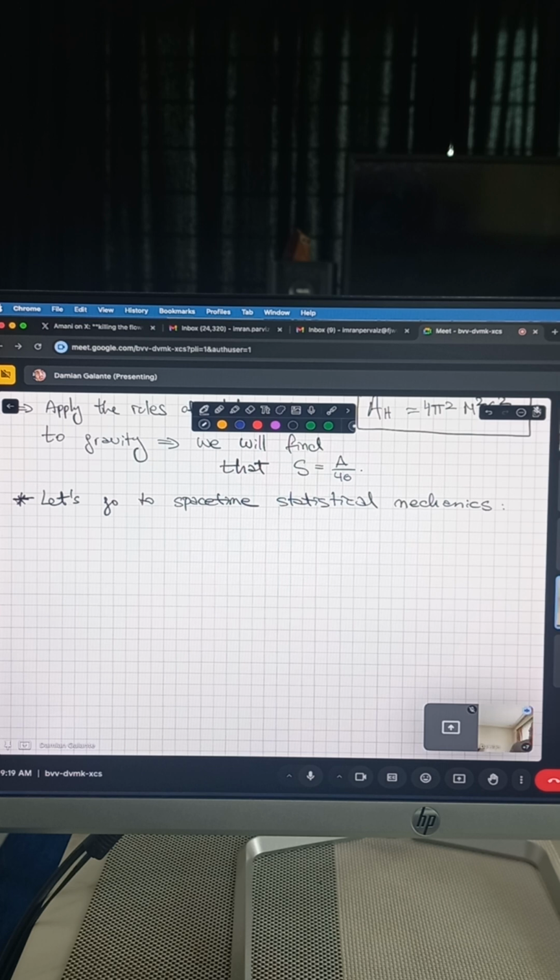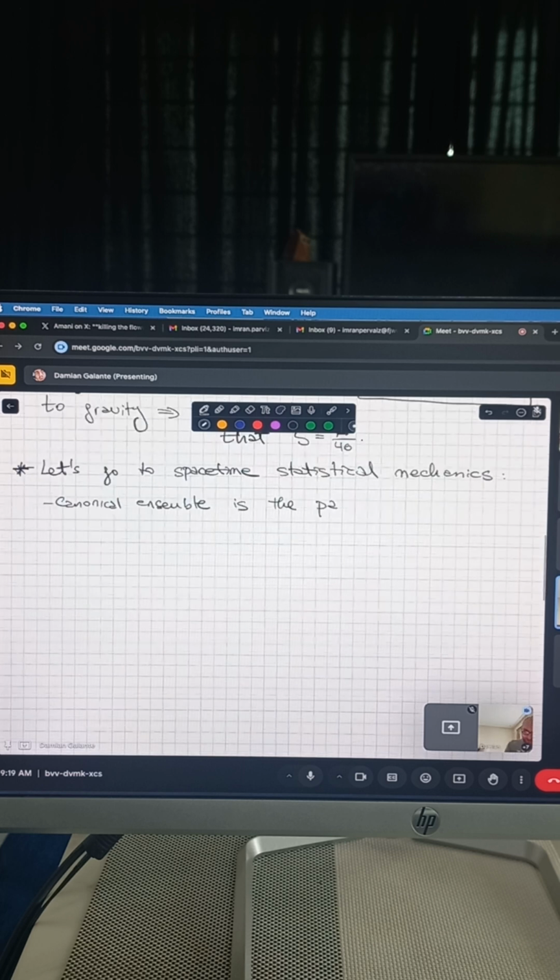We said that the basic object to study in the canonical ensemble is the partition function of canonical ensemble, the partition function Z,